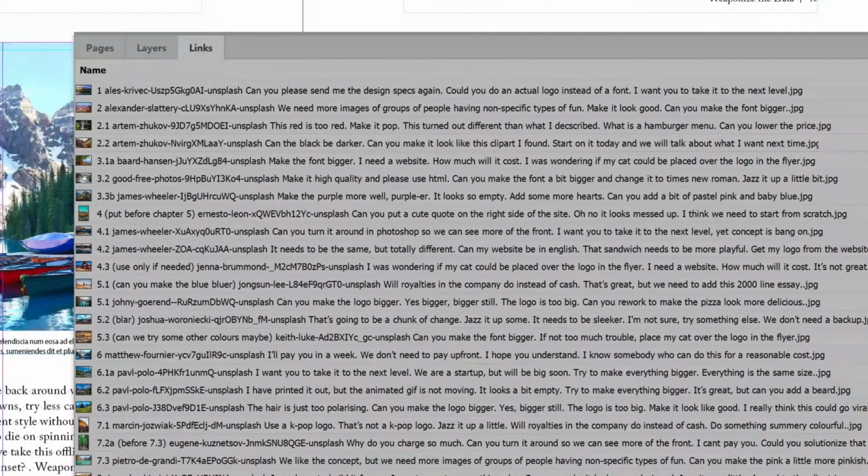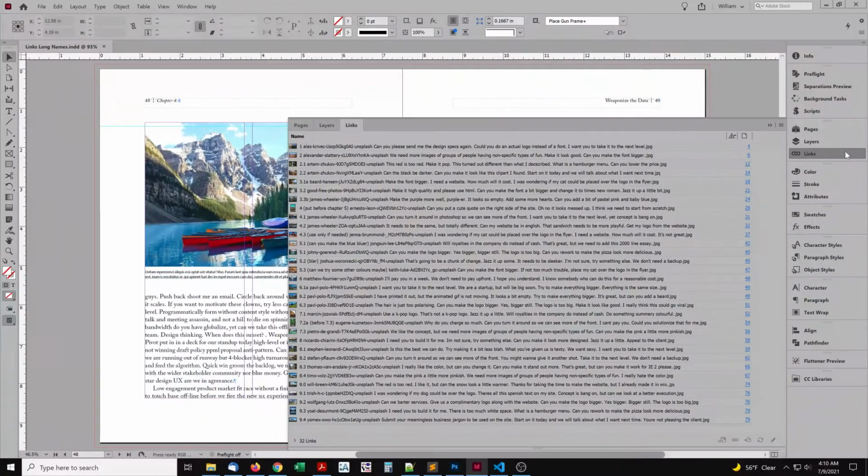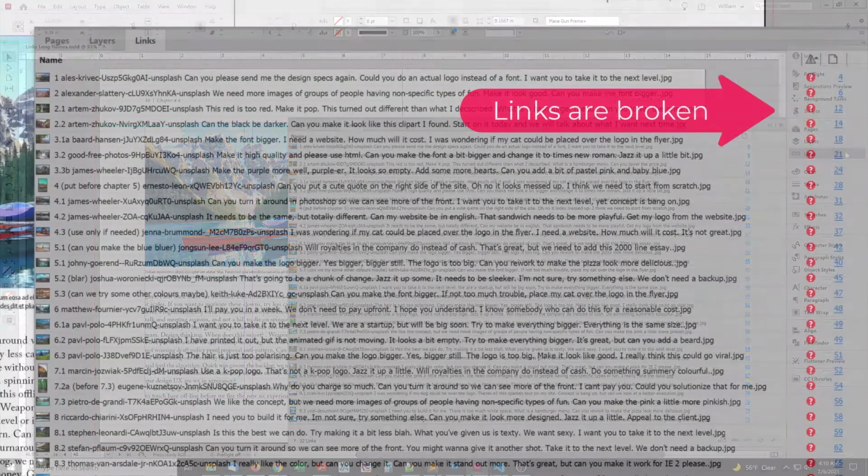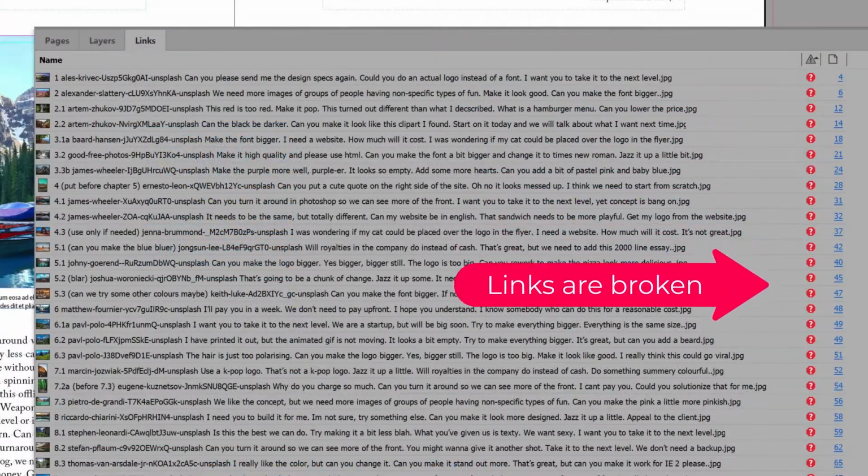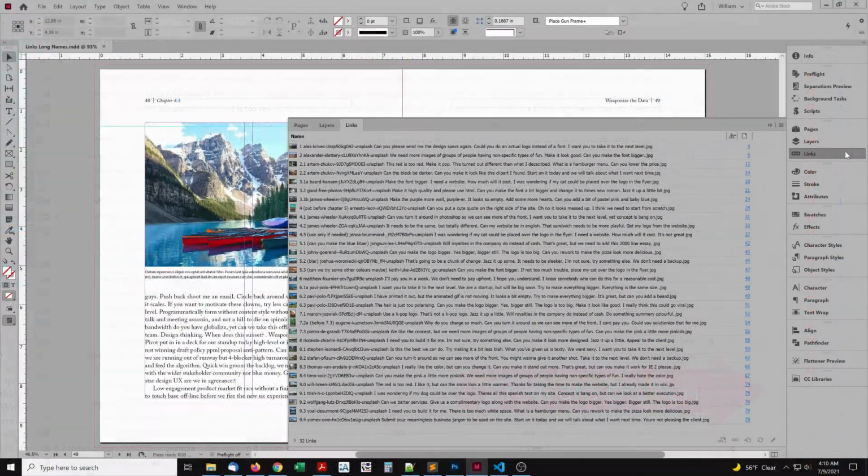In part 1, the file names were captions, and I showed how to save them in the metadata. Now it's safe to rename the files to something shorter. The problem is, images are already placed in InDesign. If the files are renamed, all the links are broken. There's a few ways to solve this.